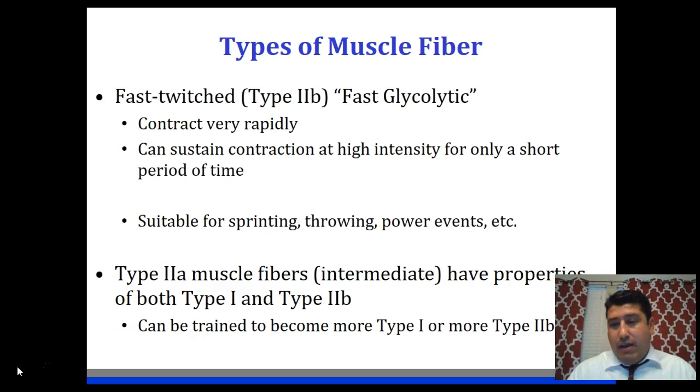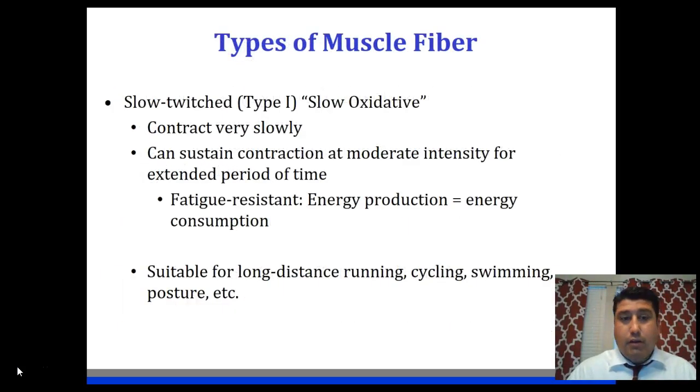The one with a higher percentage of fast twitch muscle fiber is simply just going to get faster. It's going to become better at performing power type activities. And that's just nature. That's just genetic. There's nothing you can do about it. Okay. Likewise, individuals that have a high percentage of slow twitch muscle fiber are more capable of engaging in